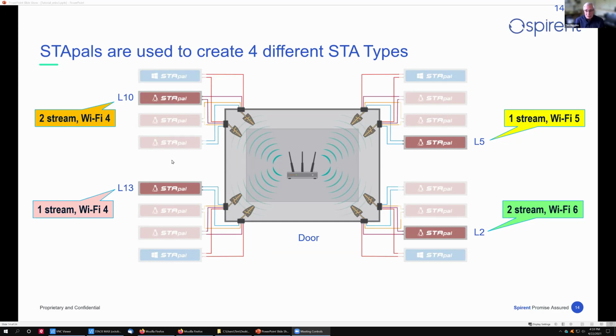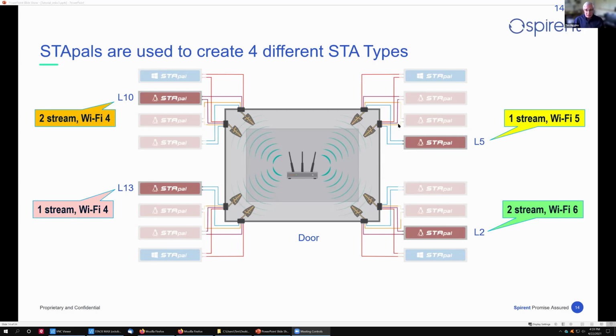So what are we going to do in this demo? In this demo, out of the 16 stations, I'm only going to use 4 of them. And this actually turns out to reveal a lot about a router from just using 4 stations. Going from the bottom right counterclockwise, there are basically 4 flavors of stations. The most capable is a 2-stream Wi-Fi 6. The next most capable is a single-stream Wi-Fi 5. Then a dual-stream Wi-Fi 4, 802.11n, and finally a single-stream 802.11a device.